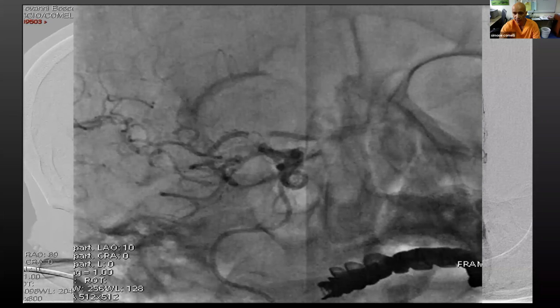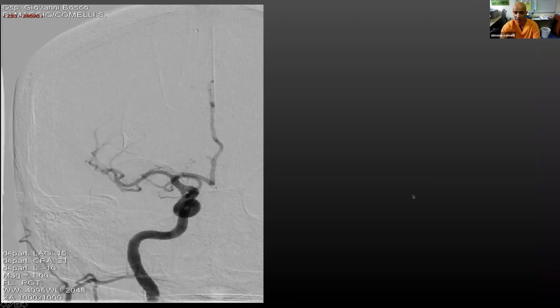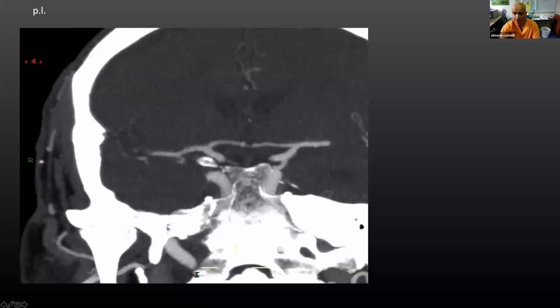This is the angiography. This is the thrombus, as you can see here. And with just the first pass, we obtained a complete reperfusion of the vessel, as you can see here. She was discharged at day 7, and at 3 months she had a Rankin scale of 1, without any big